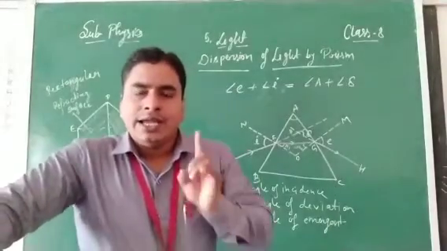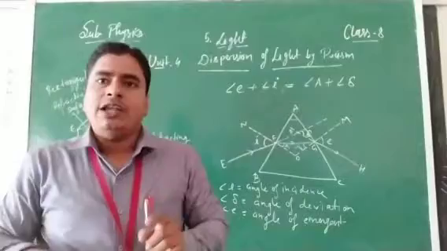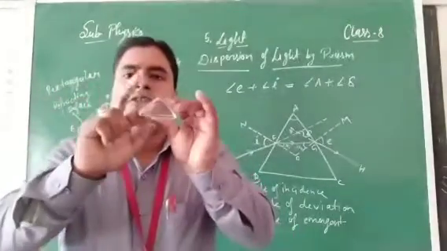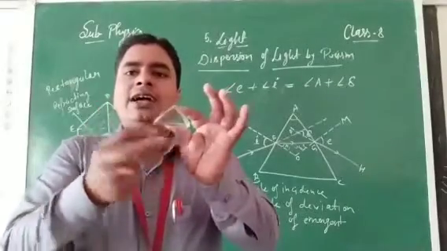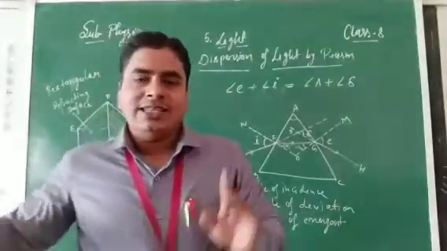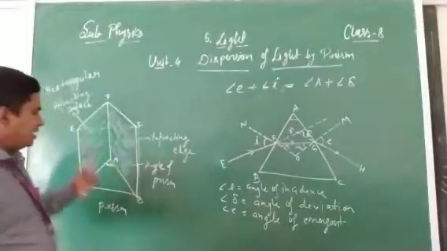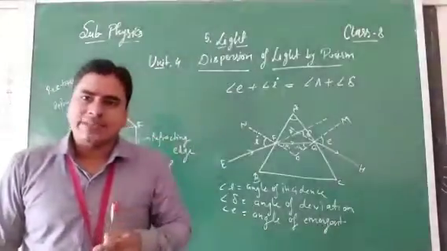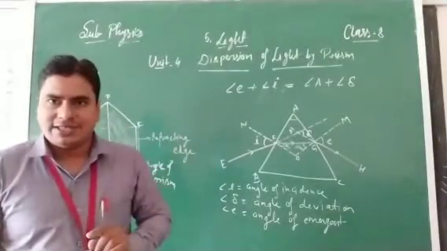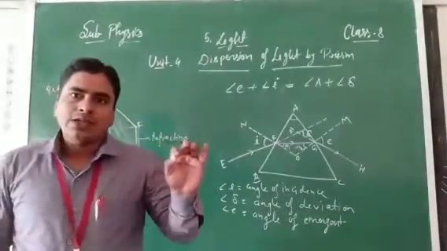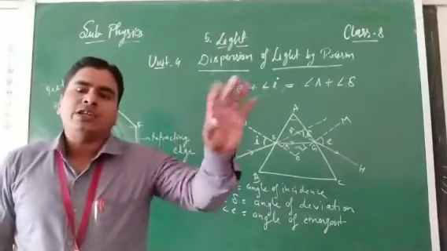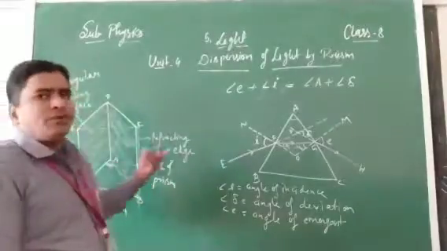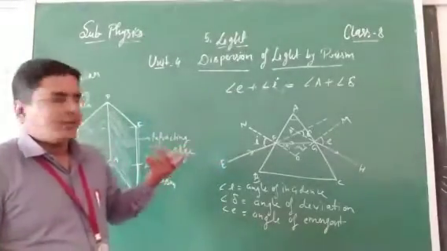So prism, clear? It is a piece of glass material or a transparent material which has two triangular faces or surfaces and 3 rectangular surfaces. These 3 rectangular surfaces are called refracting surfaces, because here only refraction takes place, not at the triangular surfaces. Because when the light ray passes through the triangular surface, it will go straight forward. It will not deviate from its path. Here is the property or characteristic of the prism.